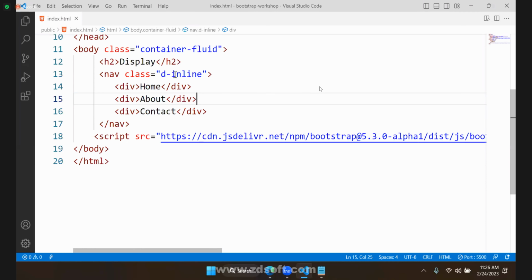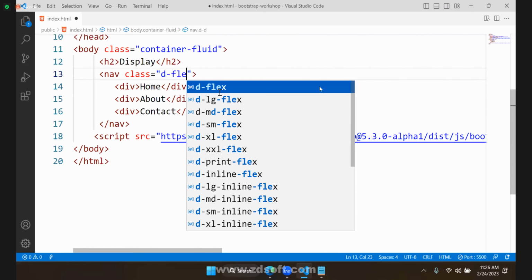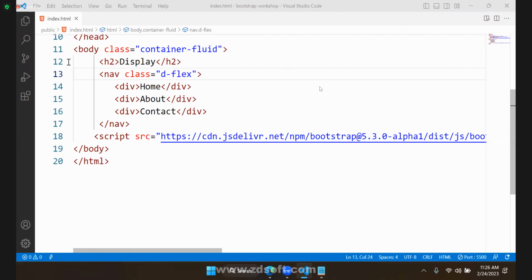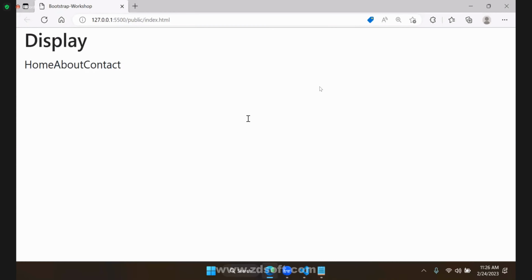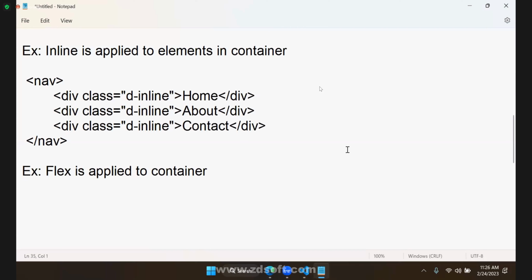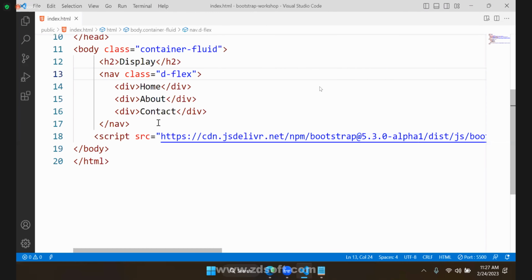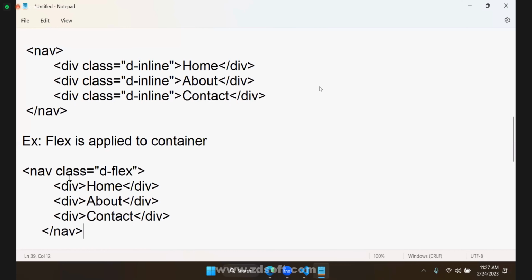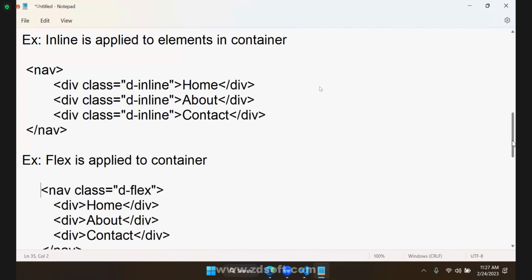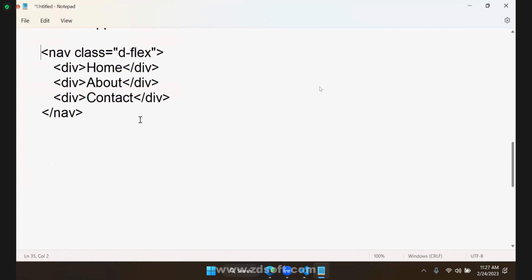Then what is the best option here? We have to keep display flex. What is the specialty now? Once you keep display flex here, actually flex have container. That means we apply like this. What is difference between inline and flex? Inline is for element, flex is for container. Now what is advantage when you give flex? Actually, when you give flex, flex can have